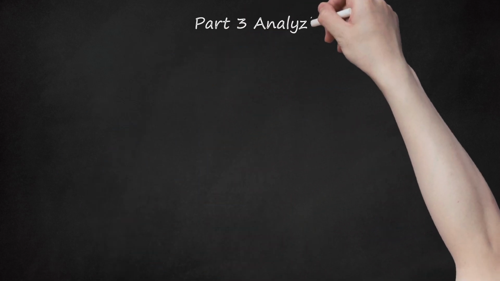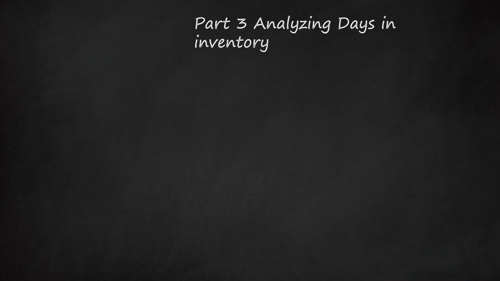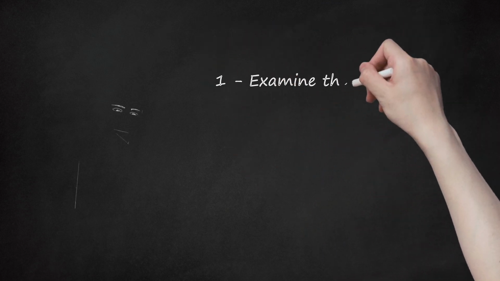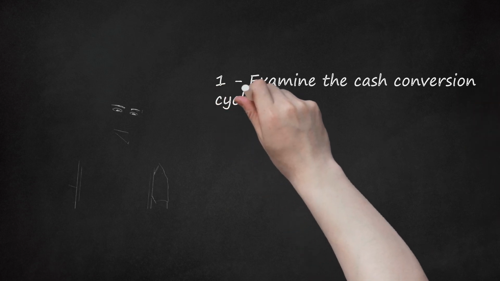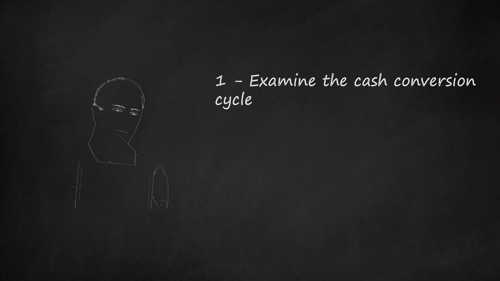Part 3. Analyzing days in inventory. 1. Examine the cash conversion cycle. The cash conversion cycle measures the number of days it takes a company to convert its resources into cash flow. Days in inventory is the first of 3 parts for this calculation. The second is the days sales outstanding, which is the number of days it takes the company to collect on accounts receivable. The third part is the days payable outstanding, which states how many days it takes the company to